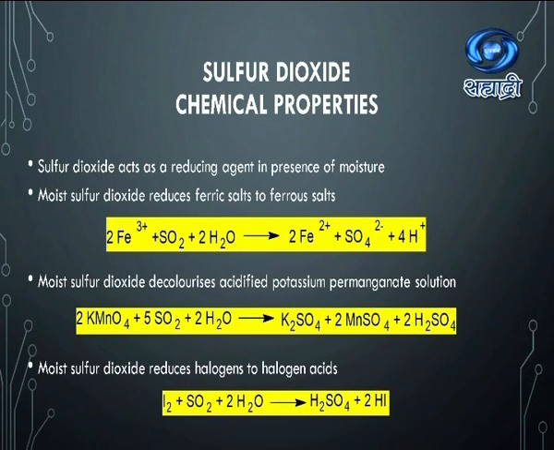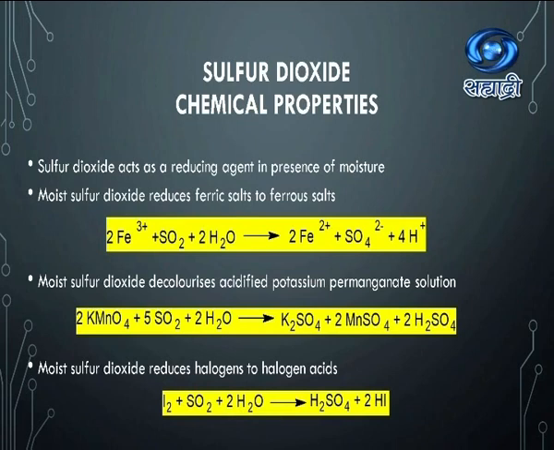Moist sulfur dioxide reduces ferric salts to ferrous salts. So, as we studied earlier, sulfur dioxide acts as a reducing agent in presence of moisture. So, Fe3+ ions are converted into Fe2+ ions. So, equation is 2Fe3+ plus SO2 plus 2H2O gives 2Fe2+ plus SO4 2- plus 4H+. So, Fe3+ ions are reduced to Fe2+ ions, gain of electrons, and so sulfur dioxide acts as a